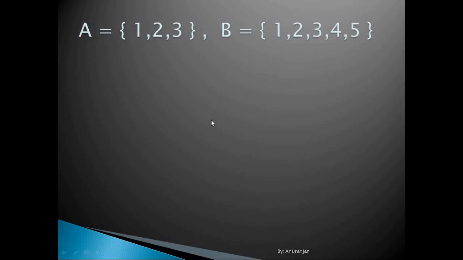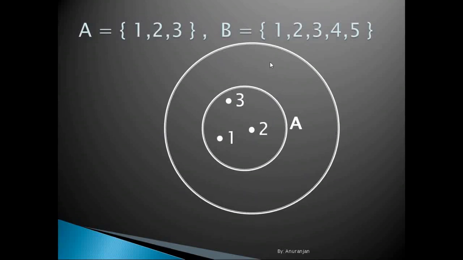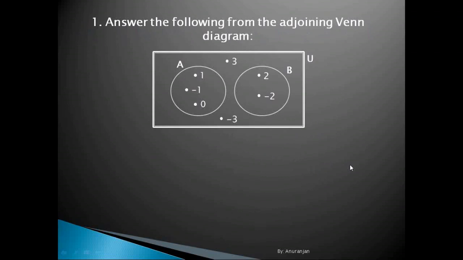Now how will we represent this? Let's represent the elements of set A. So here let's name set A and the elements will be 1, 2 and 3. Now B is a set which includes all the elements that are present in A, 1, 2, 3. So we can draw a circle over A to show that set B also includes the elements that are present in A, that is 1, 2, 3, and the remaining elements, that is 4 and 5, are present only in B. So we can present 4 and 5 inside B but outside A. Is that clear?